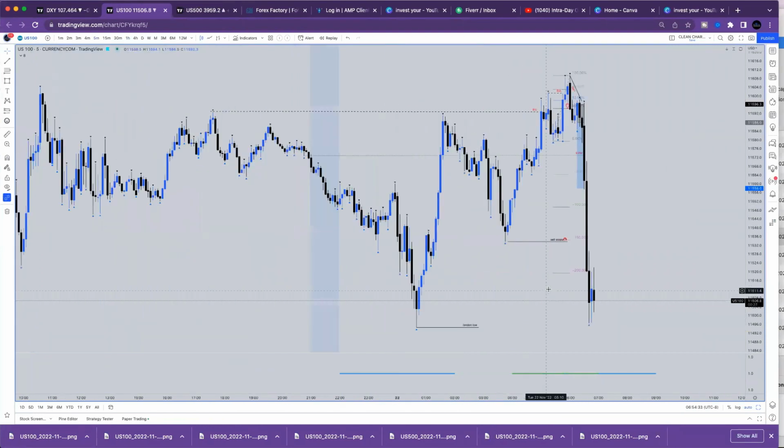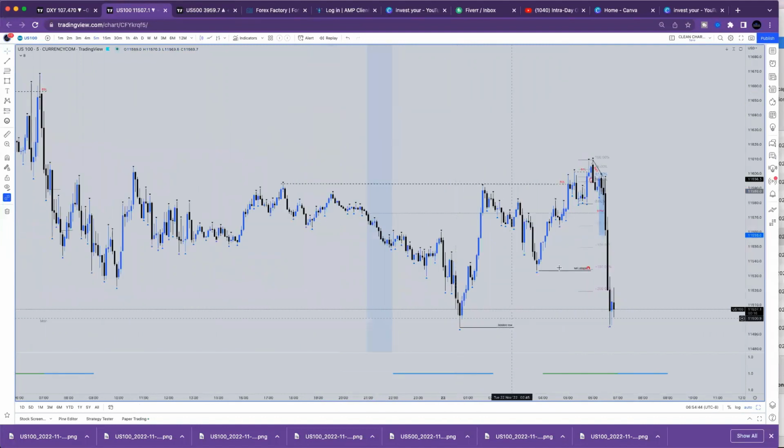Okay, so we have to keep in mind previous day's highs, previous day's lows, previous week's highs, previous week's lows, and London highs and London lows from the previous session. Okay, so what occurred? Here's the opening for the daily range, which is at midnight or 9 p.m. Pacific time. Price came up above it, then came back to a discount, then rallied up once more after it left these equal highs here.